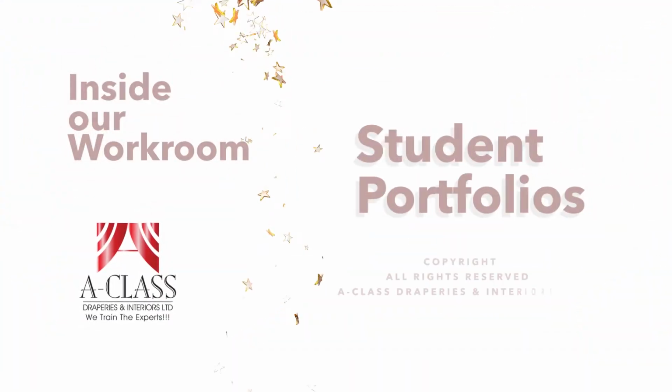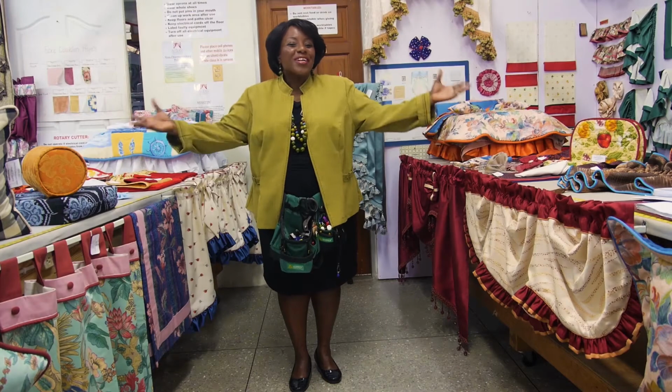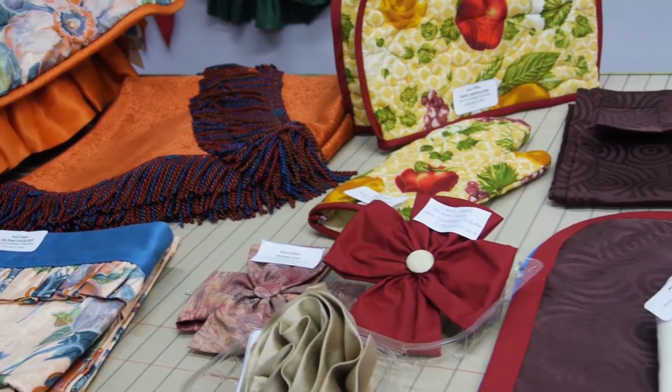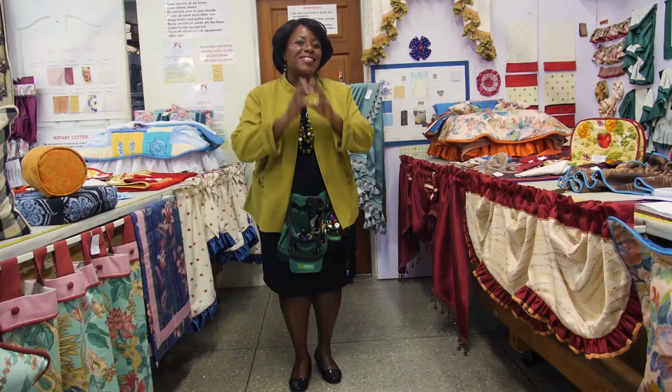Now I promise to show you what a fully built out student portfolio looks like. So I'll give you a glimpse as we head on over to our next workroom. On the work tables are the completed projects of 2 of our students, Alana Nibs and Stephanie Charles, whom we are recommending for full CVQ